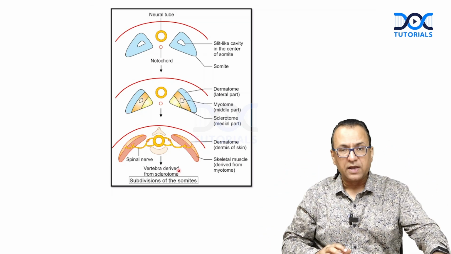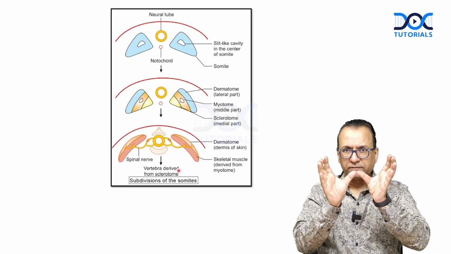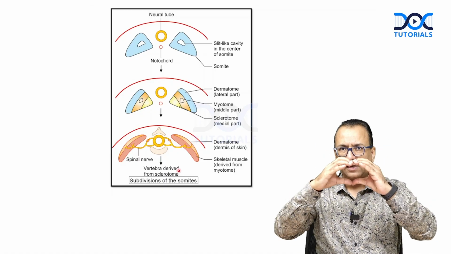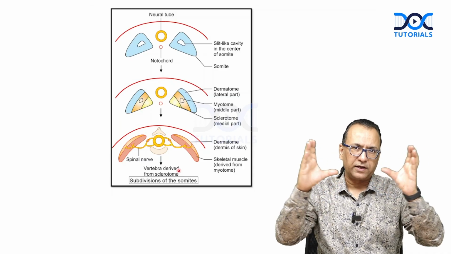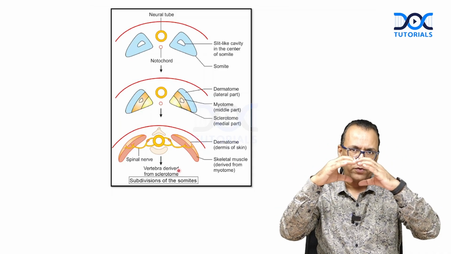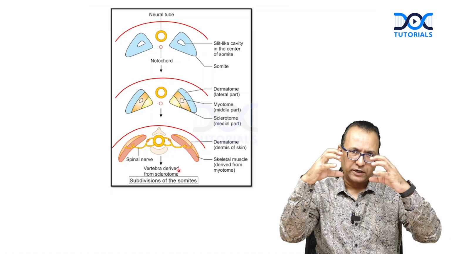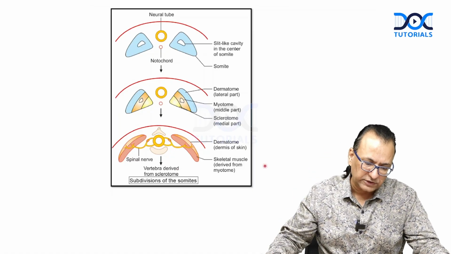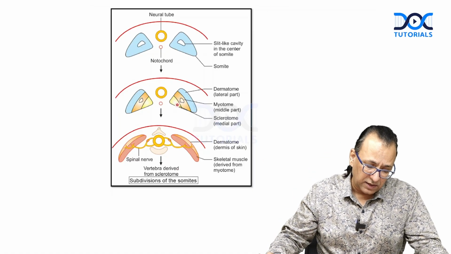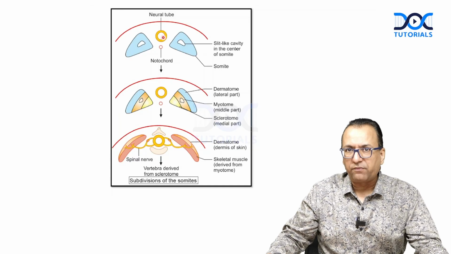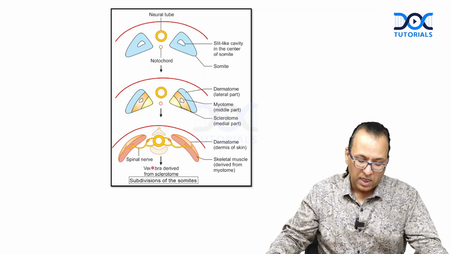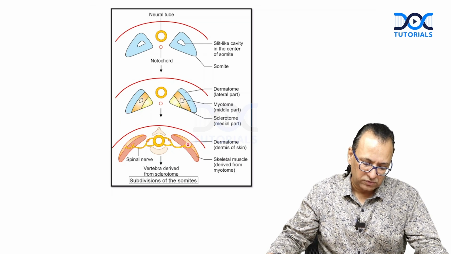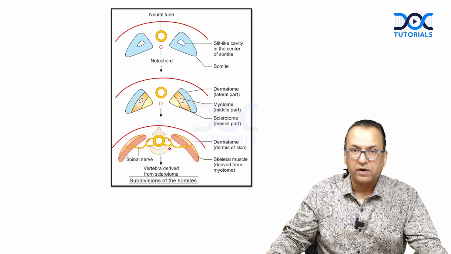Now, it may happen that there's an open neural tube defect, means the spinal cord is open. If there is a spinal cord open, then the vertebra is also open, which is called as spina bifida. So the two sides of the vertebra, they could not fuse because the spinal cord itself was open neural tube defect. See, normally what we have is the neural plate ectoderm forming neural tube forming the spinal cord, and spinal cord is then protected by the vertebra, which came from the sclerotome. But if there is an open neural tube defect, the vertebra will also be open, which is called as spina